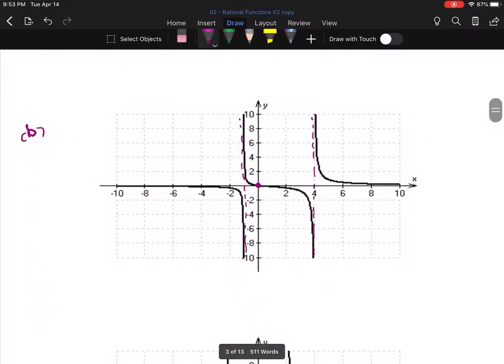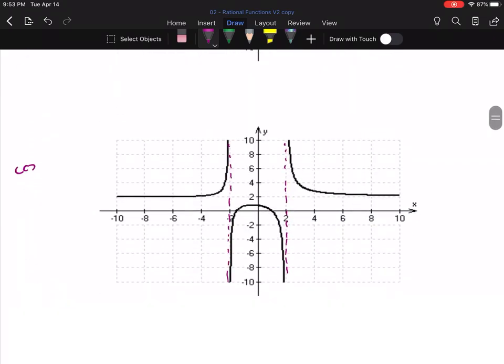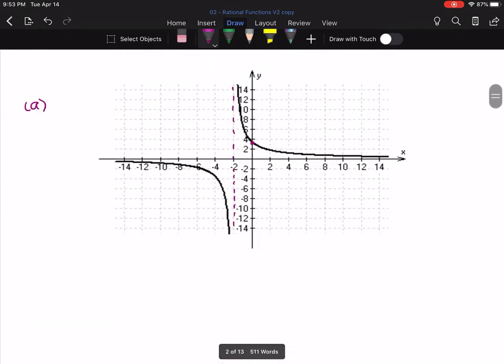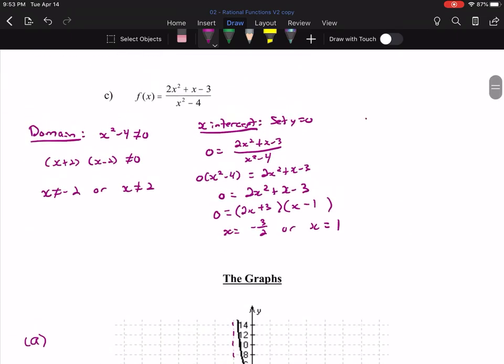And if I go to my graph that I got the computer to produce, there they are, negative 3 halves and positive 1 on the graph. You can see how some of the information would be helpful here. If I just had the purple information you're seeing there, that would be enough to sort of get an idea what the graph might look like. But again, there'd be a lot of features missing, so we got to work away at that. And then for y-intercept,